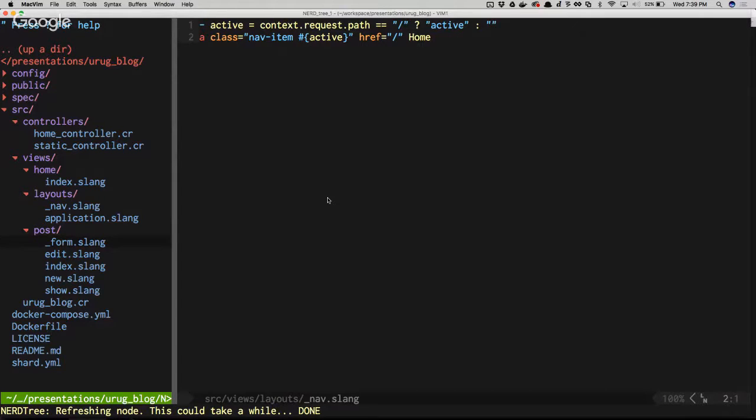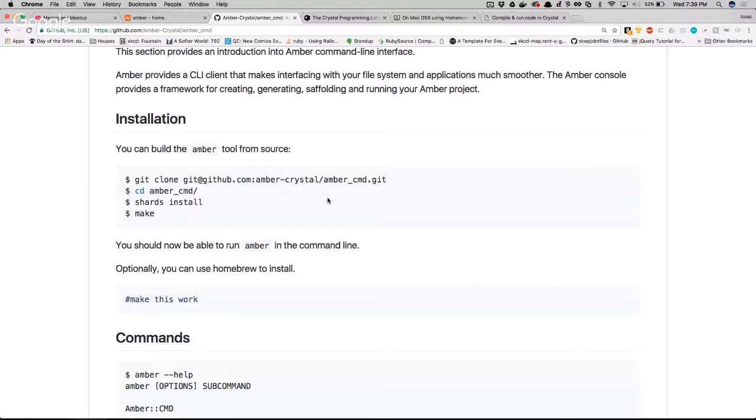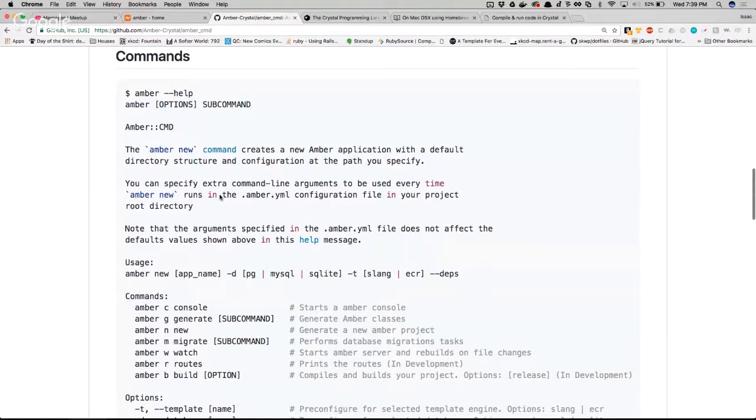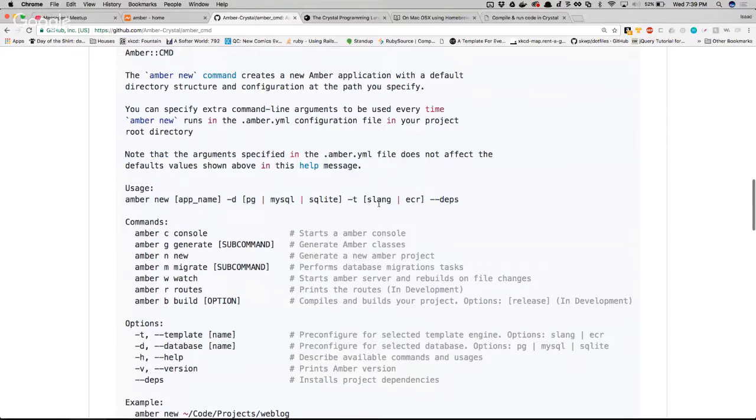And there's actually an option when you generate a project. Let me just go back and look at this really fast. If you come down here, you'll see we have templating engine. You can choose Slang or ECR. And then these dependencies right here: by default, if you say Rails new, it actually tries running your entire bundle install, which in some cases is really annoying because you probably want to add five more things and then run it. Sometimes you're on a slow internet connection and your installation takes like 10 minutes before you can do anything. So there's a flag that says run it; otherwise, it doesn't run it by default.